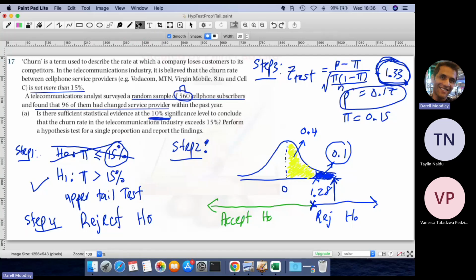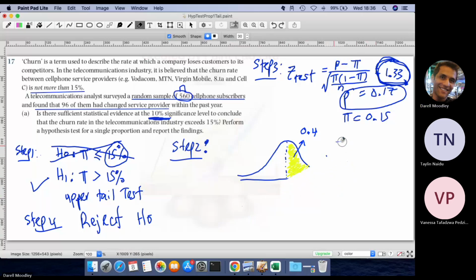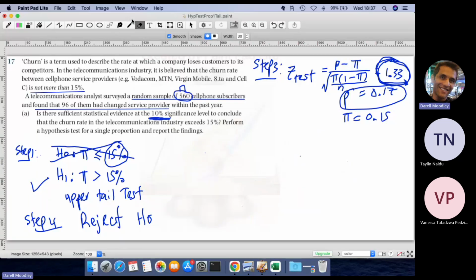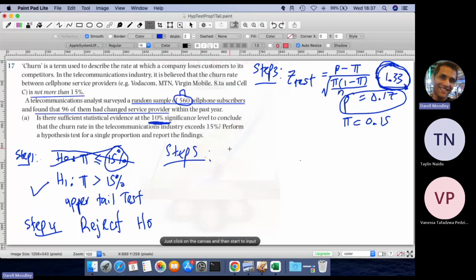I'll write it out properly. This is the official conclusion that you would wrap this problem up with, which is just step 5. Okay, let's make a conclusion. So remember what I said, always start with your level of significance. So we would say at a 10% level of significance,